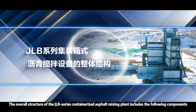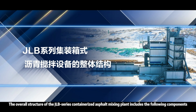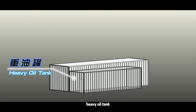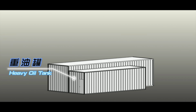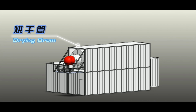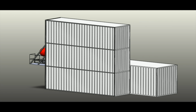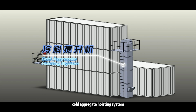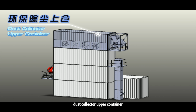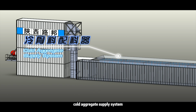The overall structure of the JLB-series containerized asphalt mixing plant includes the following components: asphalt tank, heavy oil tank, drying drum, dust collector lower container, cold aggregate hoisting system, dust collector upper container, cold aggregate supply system,